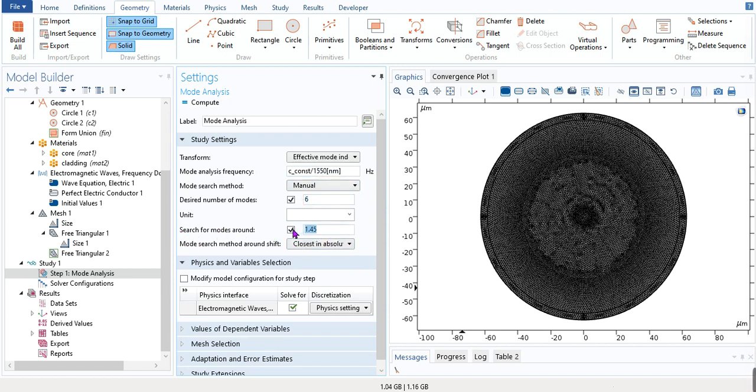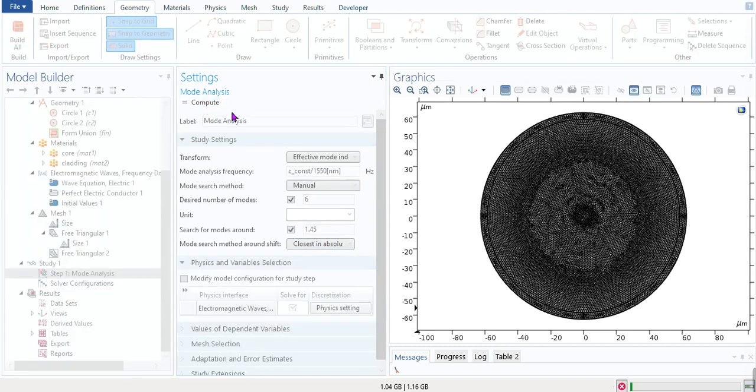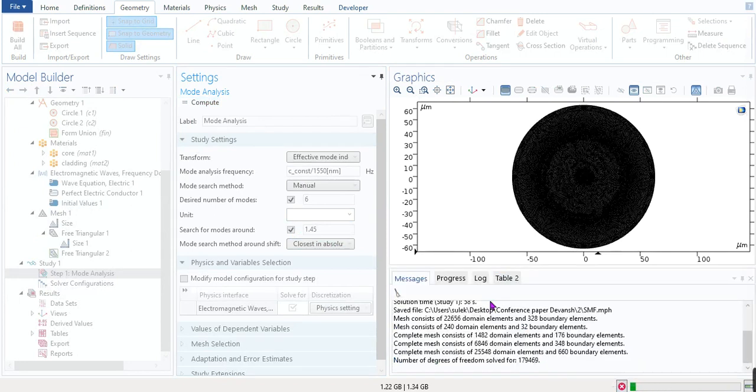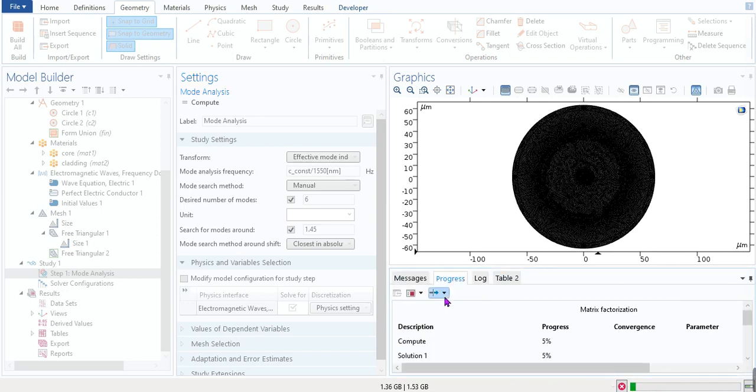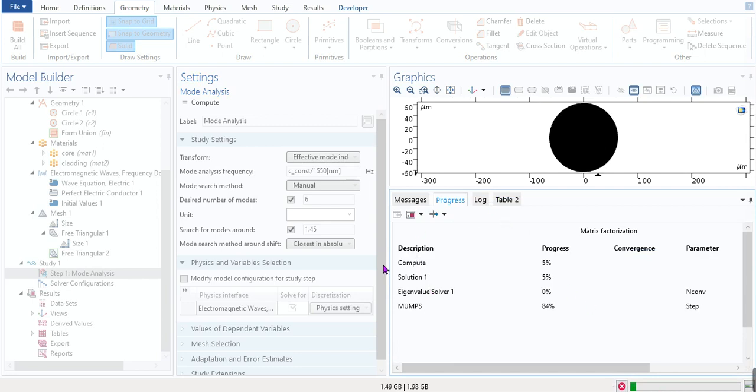And let's say one effective index is 1.45, so I'm assuming that COMSOL will calculate modes around this 1.45 effective index. Click on compute one. So at the bottom section you can see your computation starts, and the progress can be visualized from this section.